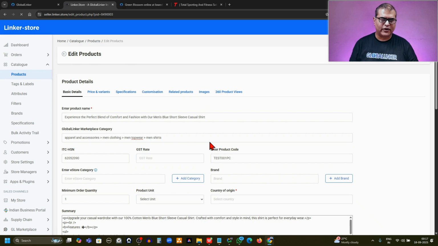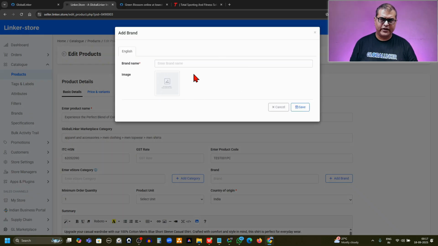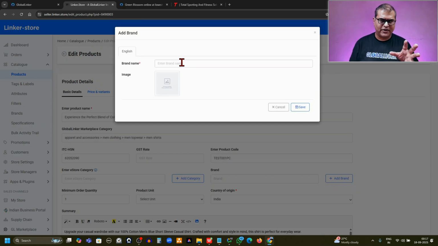So firstly, let's understand how to add the brand. For that, you have to click on edit, which will open this interface. On this interface, you will see this is where we have the brand option. To add a brand, you have to click on add brand, which will open this interface. Now, if you have not already added the brand, then you have to do that. If you have already added the brand, in that case, you just have to type in the brand name. Now, let me show you how to add the brand from here. So this is where you have to type the name. So for example,